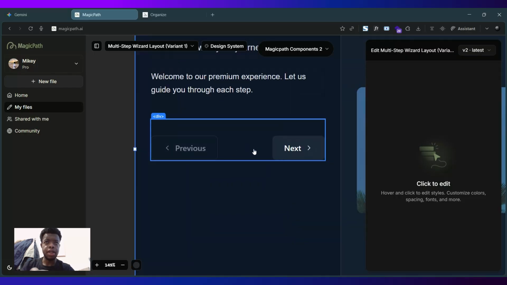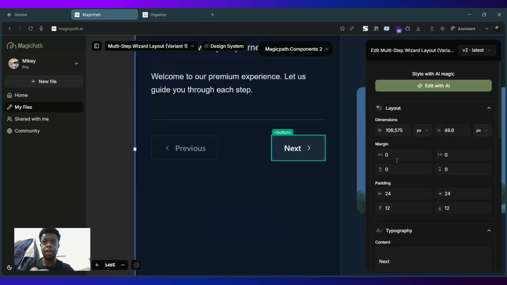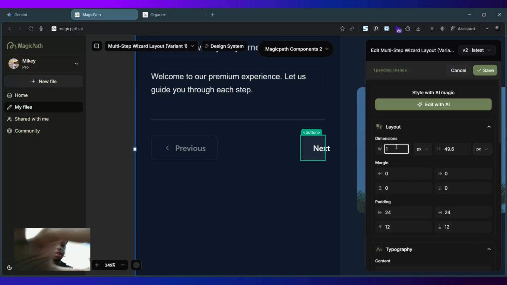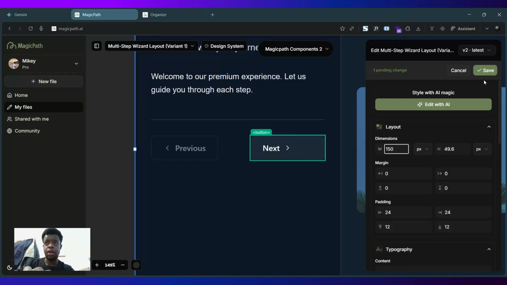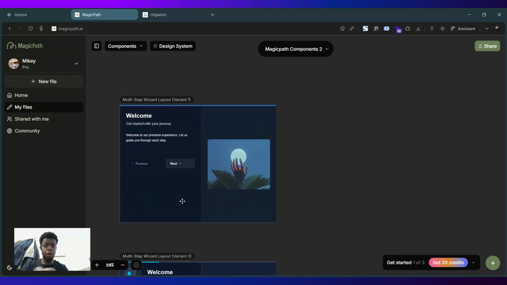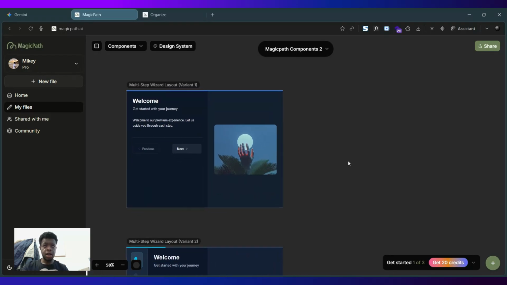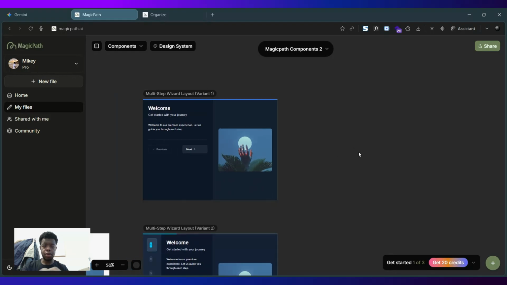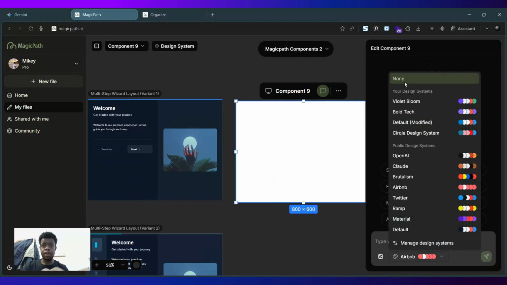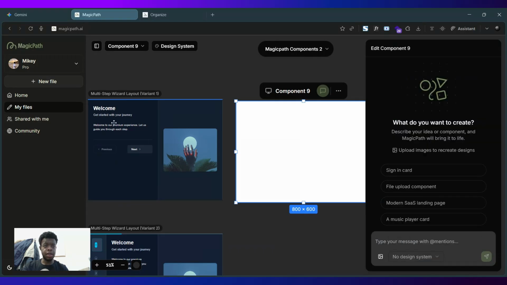And then we have this here, and maybe we want to make this button a little bit wider, so let's say 130, maybe even bigger, let's say 150, like that. We can press save. Maybe at the end of our onboarding flow, we're on to a pricing section, and what we can do, we can create this in a separate component. We can double click, and then we can remove this because we're using a different style from this. We can say create